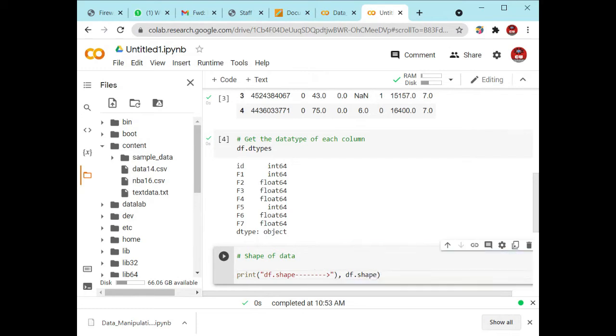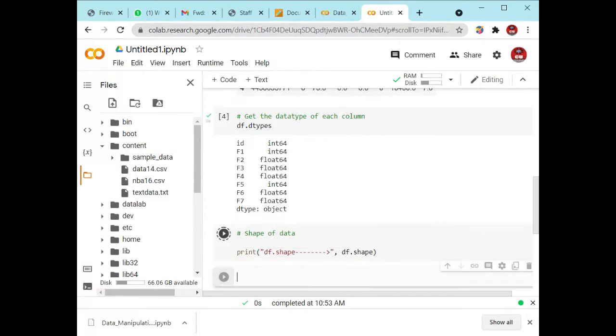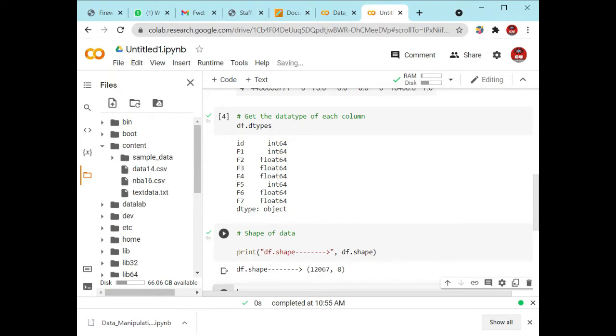Okay, you have to close it, and this bracket is not needed right here, and you have to execute it. So you can see this df dot shape shows that the total number of rows is 12,067, whereas the total number of columns is 8.